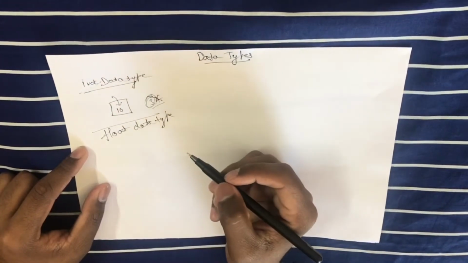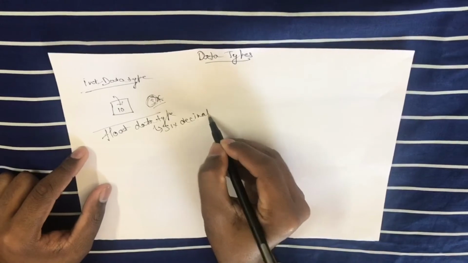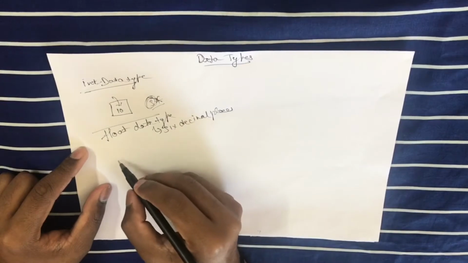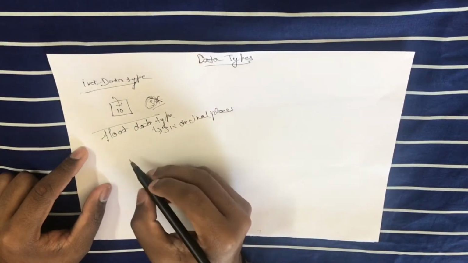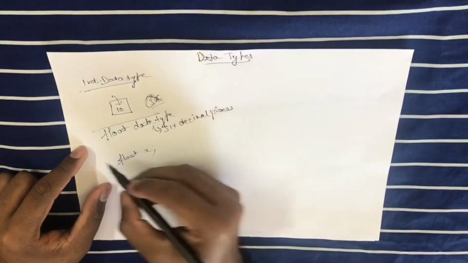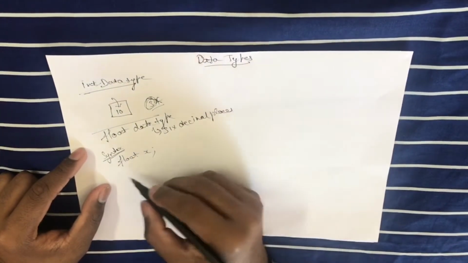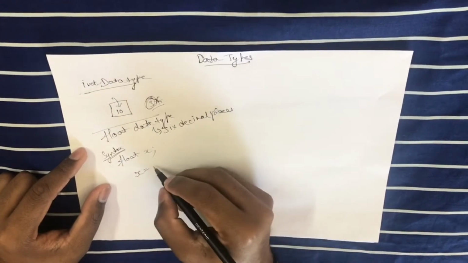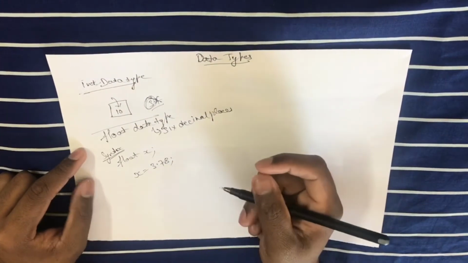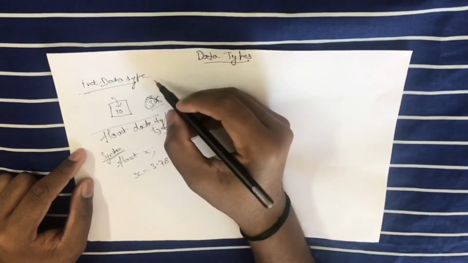This data type supports decimal places up to 6 decimal places by default. Say if I need to create a variable of type float, then what will I do? I'll just write float x. This would be its syntax. And after declaring the variable, now I have to initialize it with a value. So I can initialize any data, but only up to 6 decimal places. A float variable takes 4 bytes of storage in our memory, and an int variable takes 2 bytes.